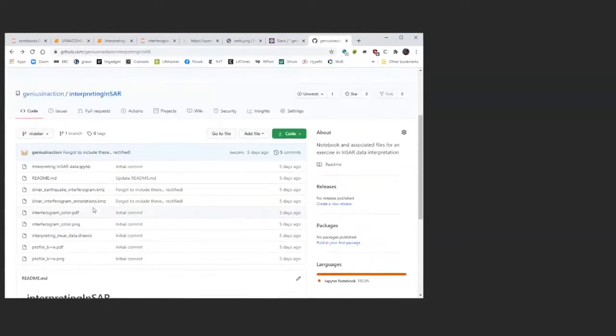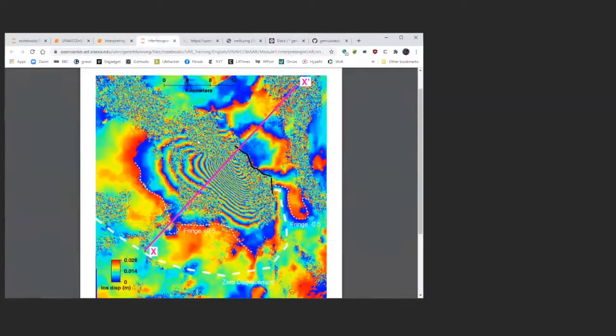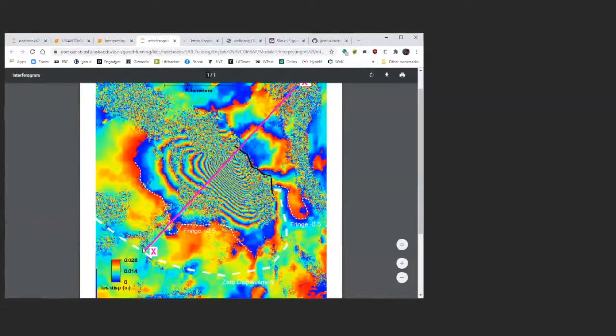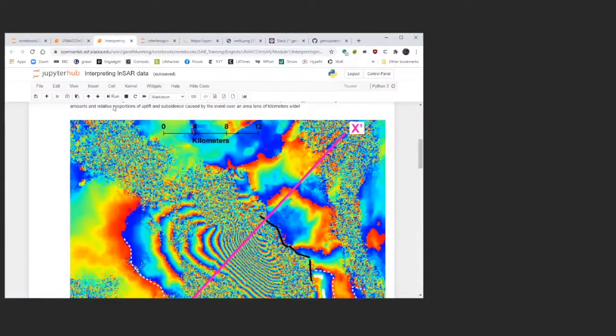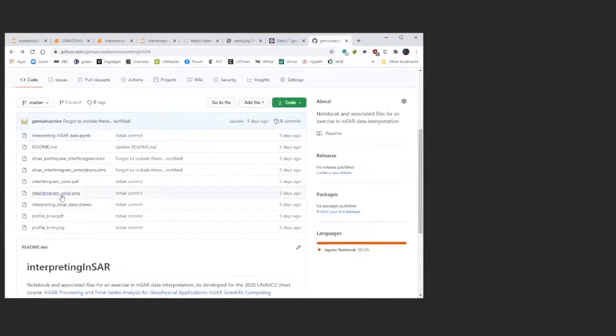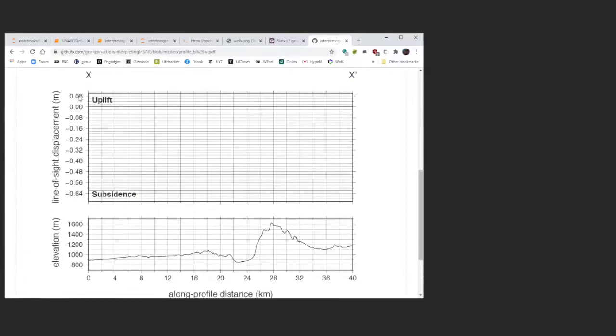without access to the notebook. They can, and I can show you another thing you can do as well, because what we're planning to do with this interferogram is to unwrap it manually along this profile. Here, you can see this profile from X to X prime. Another thing that comes with this repo is a grid, like so, onto which you're asked to draw your unwrapped profile. So what we want to turn the interferogram